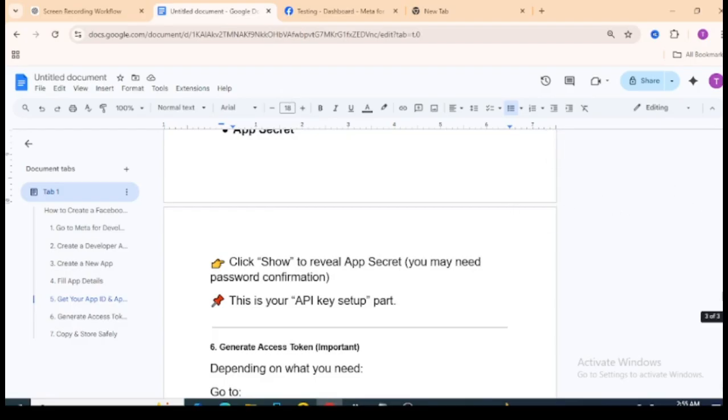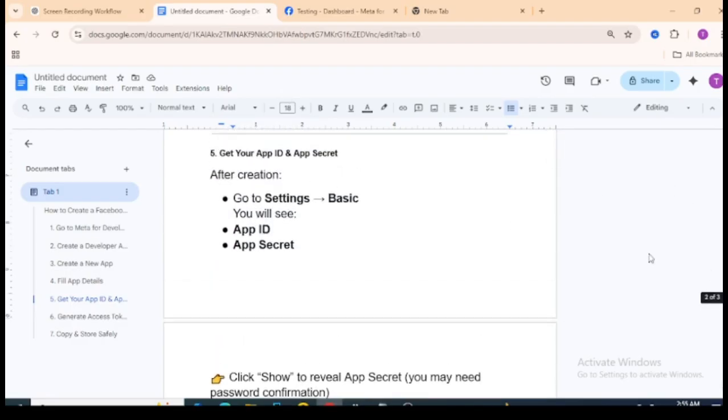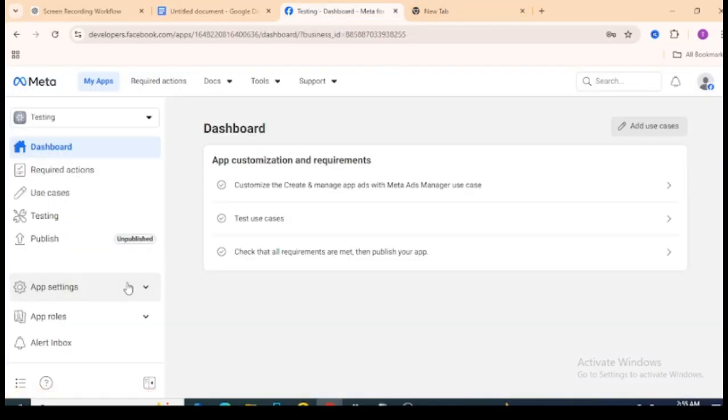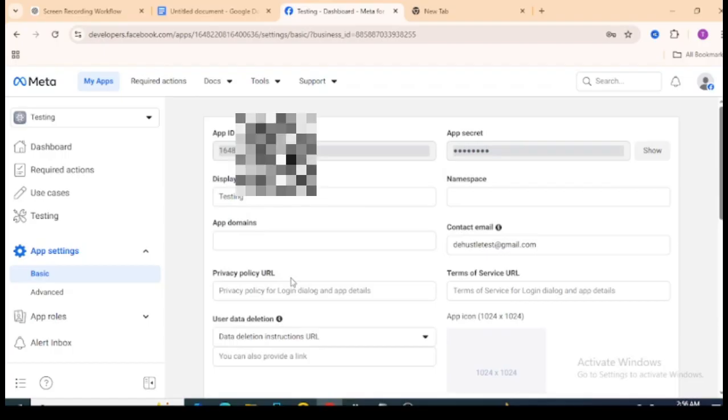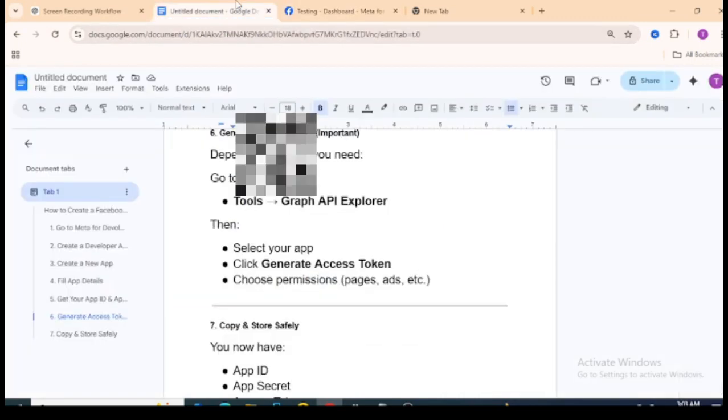Once we're done, we are going to come over to settings and then go to basic. So we'll look for where it says the settings. I believe this should be it, and then basic. All right, so now that we're here, this is your app secret. Obviously I'm not going to show it, but what you're going to do right now is